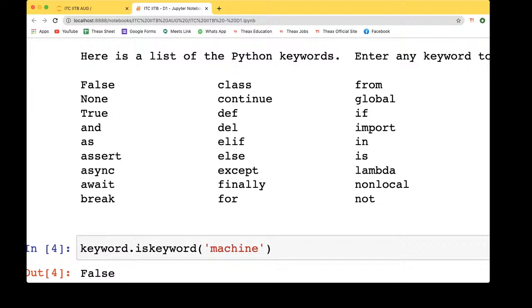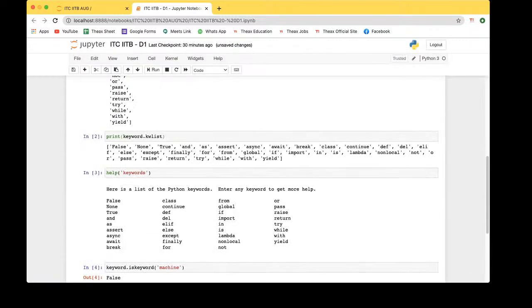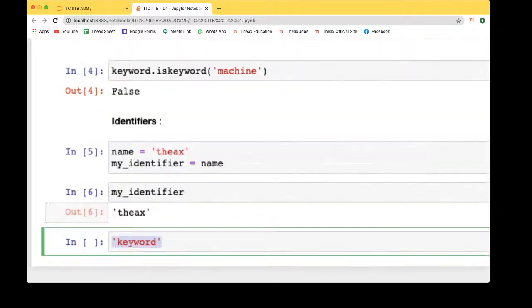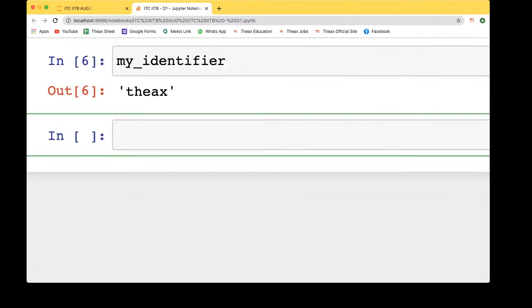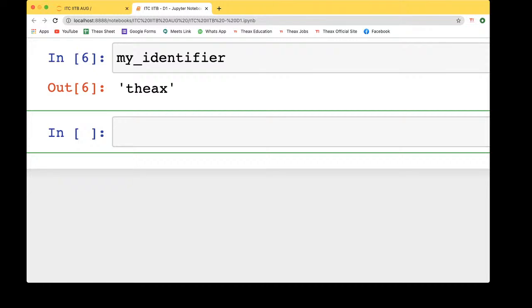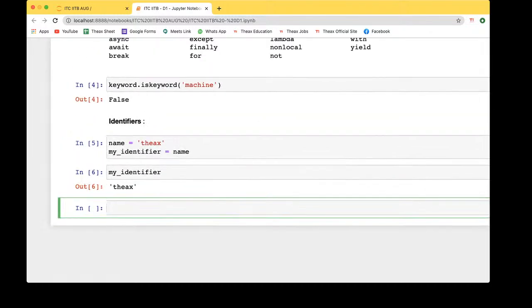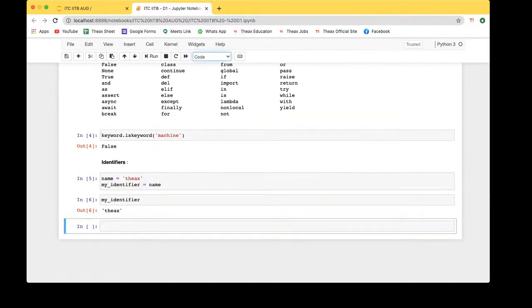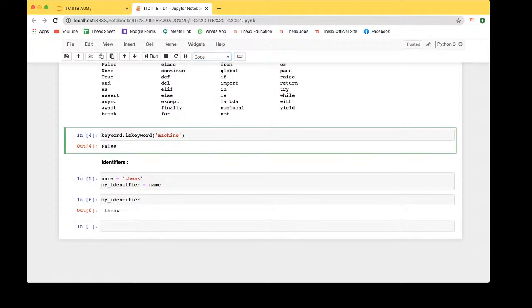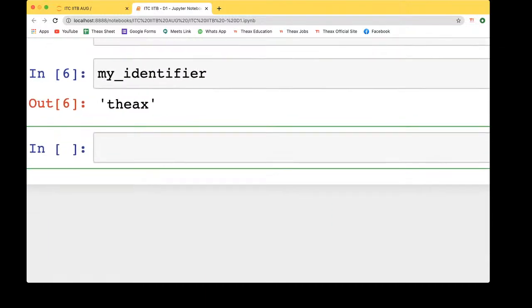Someone says they get a syntax error when they type identifiers the way I have written it and press run. Okay, cool, guys. Someone is also asking for the shortcuts for writing headings. Fine, let me write the shortcuts there. You guys can work with shortcuts because, as you are learning in IT, you might not have much time. In the IT sector we always deal with a shortage of time, so not going through the menu every time to select headings is not good work to do. So you have all the shortcuts.